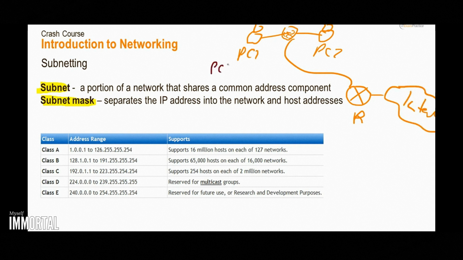PC1 wants to send a message to PC2. And at the same time, or a second later, PC2 decided to go to Facebook. Yes, let's post some updates. If PC1 and PC2 are on the same subnet, they will talk to each other like that, directly. If PC1 is not on the same subnet as Facebook, and of course Facebook is somewhere else,